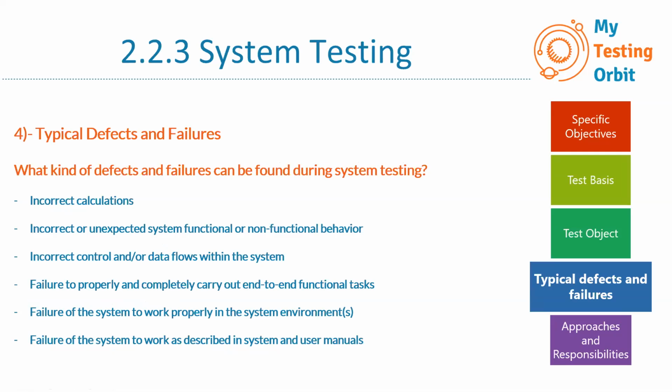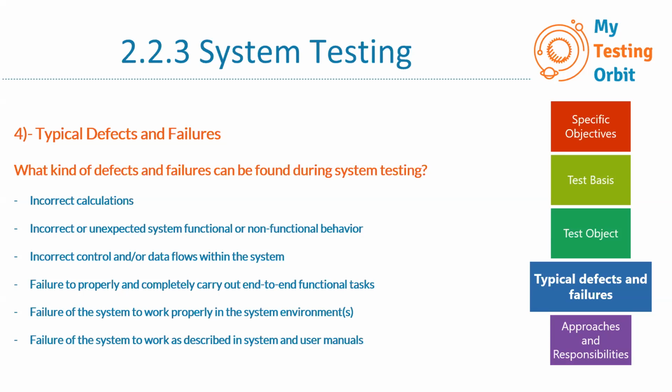Then the next one is typical defects and failures. So what kind of defects and failures can be found during system testing? The first one mentioned over here is incorrect calculations. So it can be that the